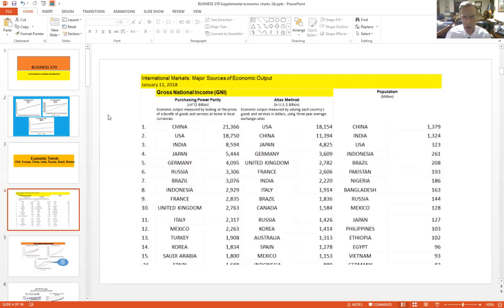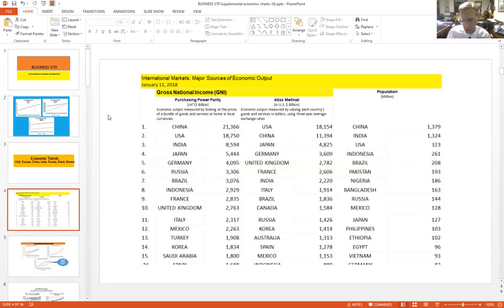Not necessarily as we move into the future. China's economy is, in fact, larger than the United States. And I might add, its military power is growing quite rapidly as well. Now, if we move to the center column, we'll see what happens if we simply take bank exchange rates and